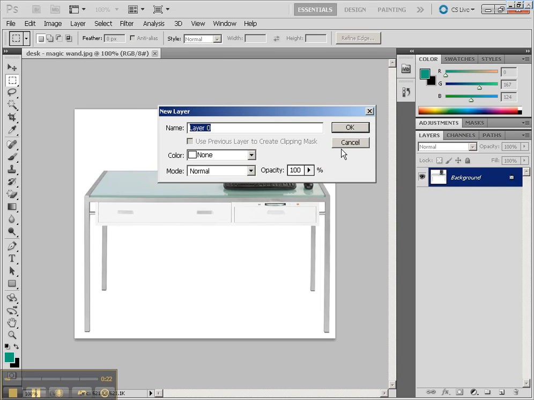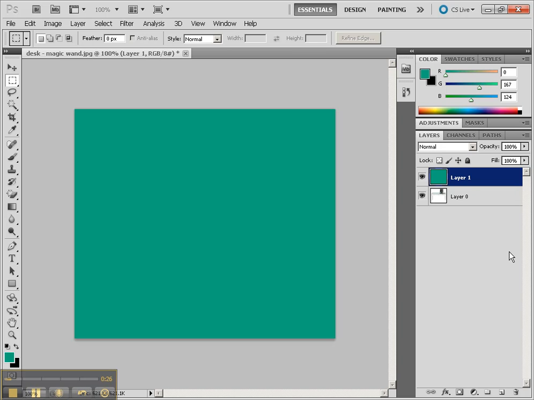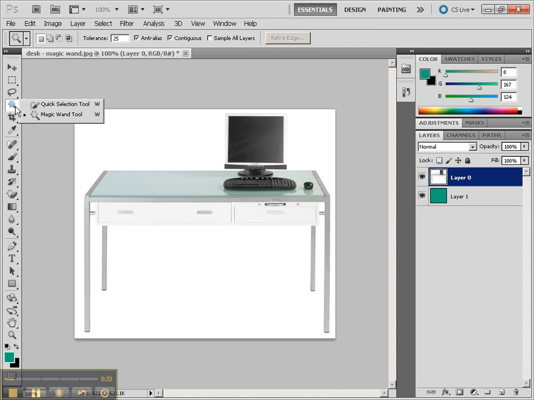Let's set up the file the same way as the other one. So I'm going to create my new layer, fill it with my background or foreground color, and put it underneath. Now I'm going to go back up to the layer with the object in it and locate the Magic Wand tool. Now the Magic Wand tool, your tolerance probably is set to 32 to start, but this allows us to